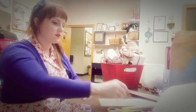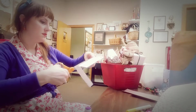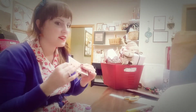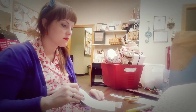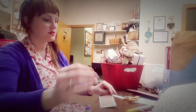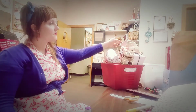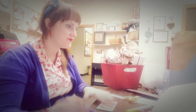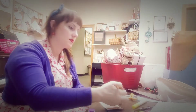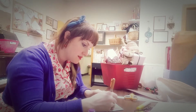I love how these dots don't follow a certain pattern, but they're thicker in some spots and thinner in other spots. So there's that. And then I think maybe I'll put a piece of white paper on top of that, or cream colored. Maybe not. Maybe I'll just leave it like this. And I can stick the tag. Maybe I'll do it on that one. That's the one for Uncle David. I wonder if I have a thicker brown pen I can use to write. Yes, I do. So I'll just try it. Uncle David,